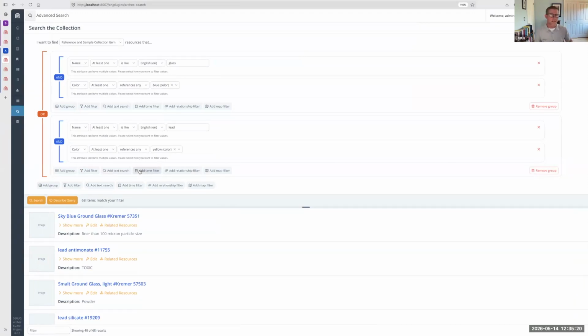And so this is that query in the Arches search extension advanced search. What we're looking at right now is a query against the reference and sample collection item model. We want reference items that have the term glass in the name node and are the color blue on the color node. Or we want reference items that have the word lead in the name